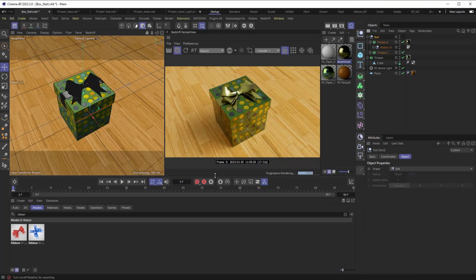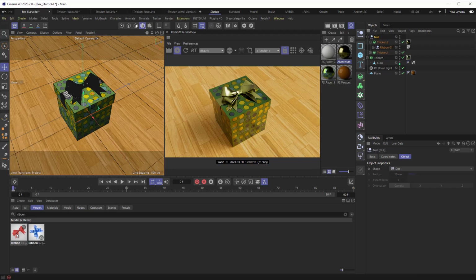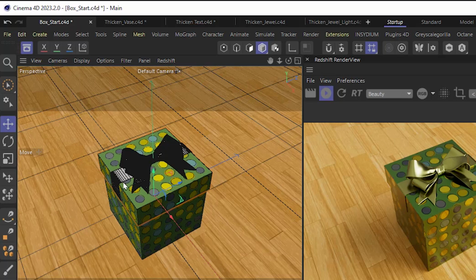In this case, I've created a gift box. I've used the Thicken Generator on both the box and also the top, so that if it opens, we can animate and see the inside. I've also added in a ribbon from the Cinema 4D asset browser, and that ribbon is really cool because it's got some adjustment ability. And I applied a material that came from Cinema 4D, and then also I'm using wrapping paper from the pixellab.net. And I've even thickened up the ribbon a bit so that it has some dimensionality